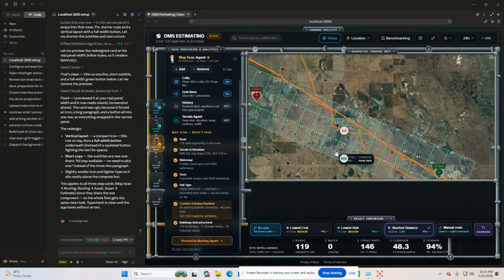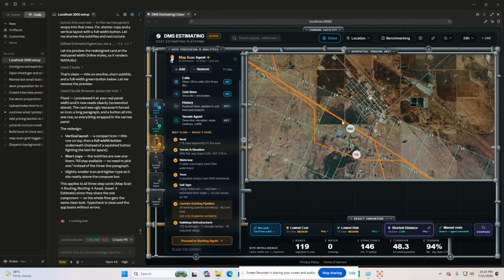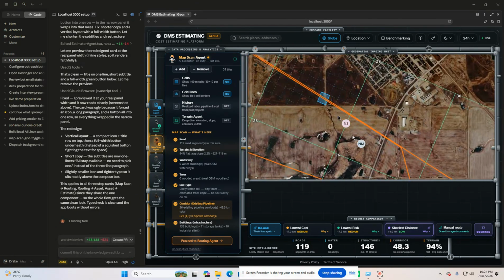If I see problems, can you zoom in? What are those again? Let's zoom in a little bit. This orange one, Tito Noel, is the existing pipeline by Enbridge. Can you zoom into this area? What is that area?